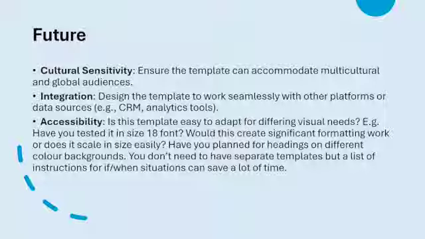Have you thought about maybe creating a separate one where the formatting is okay in a size 18 font, for example? Have you thought about different coloured headings and backgrounds? It's not that you have to have all these different templates there just in case, but it might be worth it that the first time somebody creates one and it is a size 18, a blank version of that is saved and shared with the team.